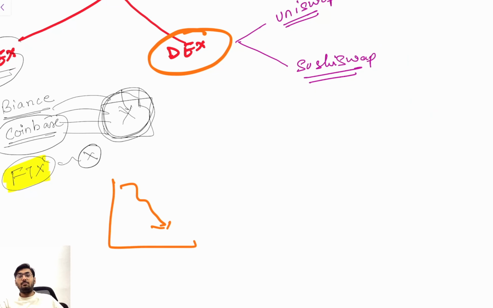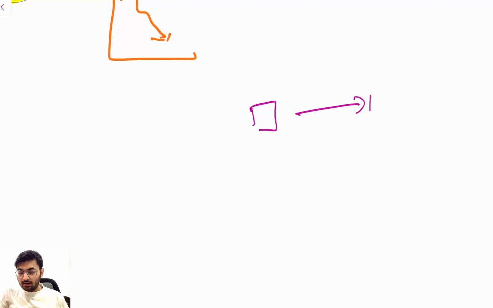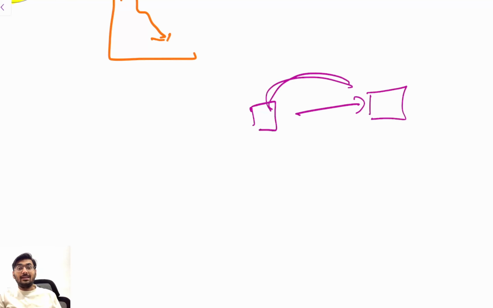Very important to understand. Basically over here there is no middleman, no one like WazirX or Coinbase. So it's like you have your own crypto wallet directly and you trade peer to peer, meaning from one person to another person you trade directly. Clear? You don't need to create any account, no middleman.